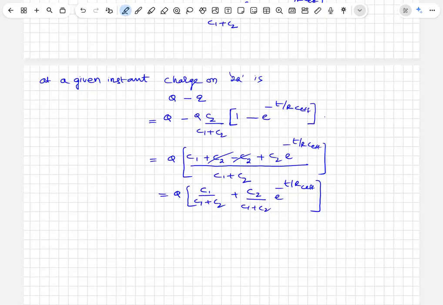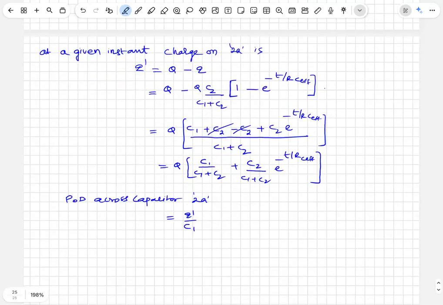Now let this be some Q dash. So potential drop across capacitor is Q dash by C1. You want dV1 by dt of